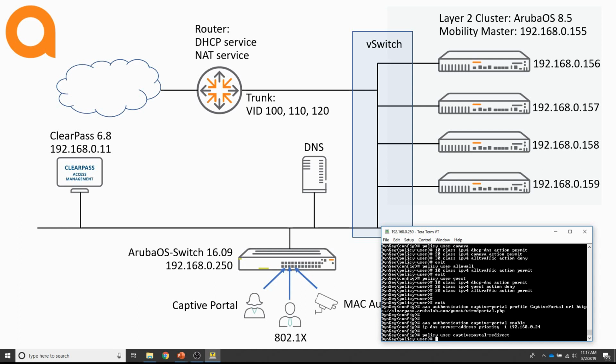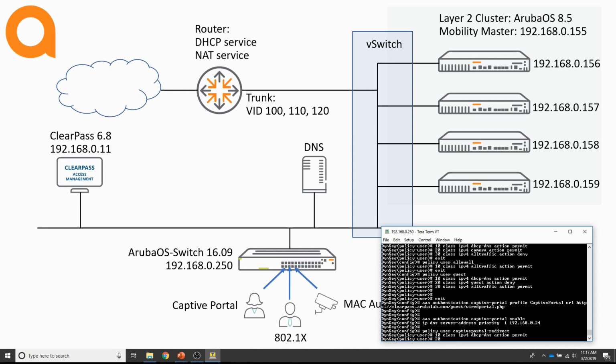So for this policy, I need to allow, so I'm going to do 10 class IPv4 DHCP DNS. So I have to allow the DHCP DNS action permit,